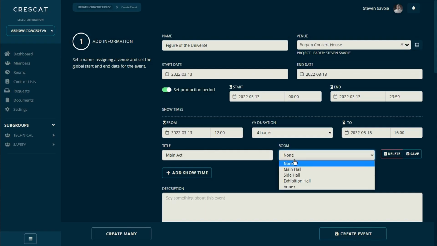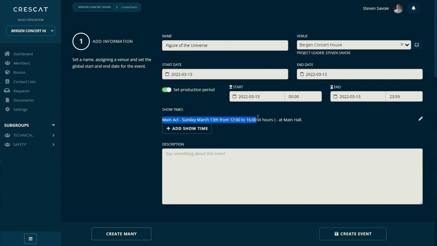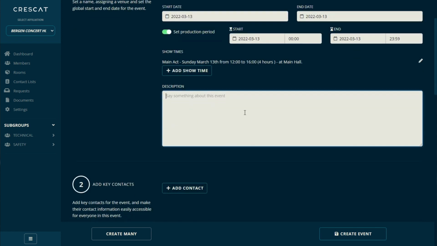And since I have Crescat Venue, I can choose a room. Let's choose the main hall. Then we click Save, and now the show has been added and it will appear in our timeline. Next, we'll add a description,